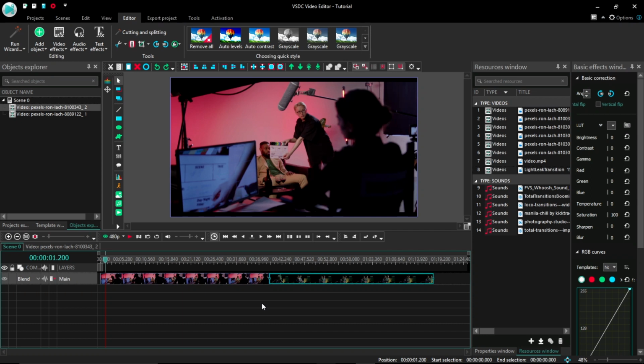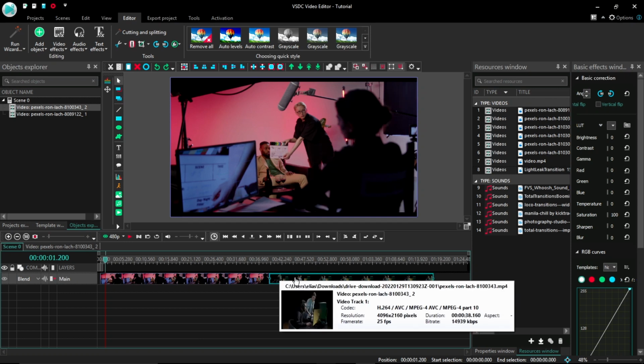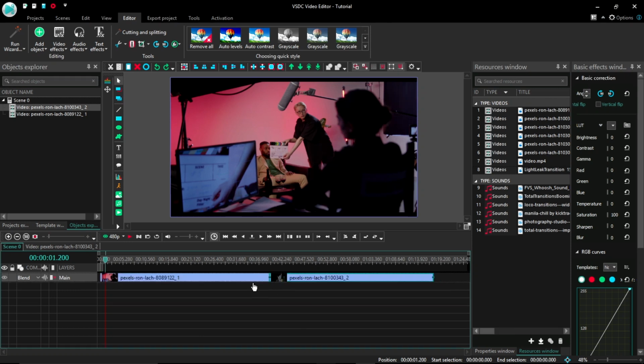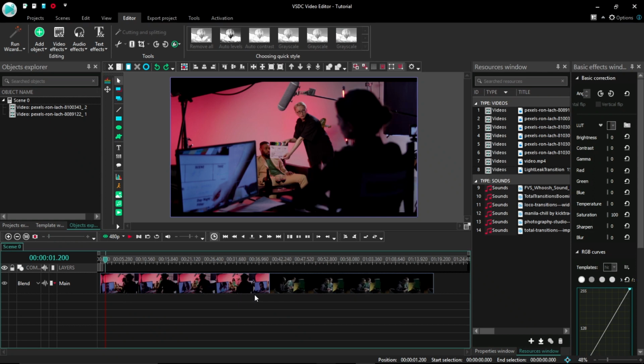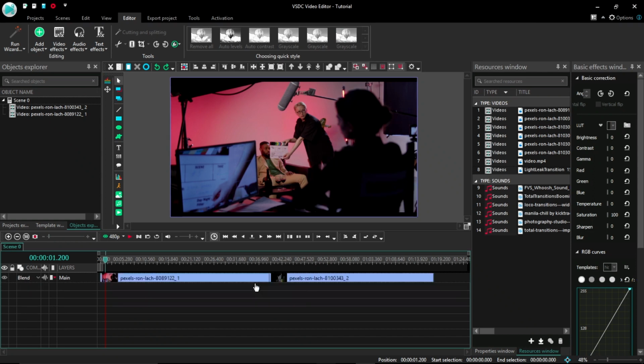Now there's a few things that I did want to share with you, and that's the fact that you can change the size of each layer just by going right underneath it or right above it if you have multiple layers, until you get this little cursor, and you're going to be able to change the size of the track depending on what you want to see on your timeline when you're editing. For me, I just like putting it as small as possible,